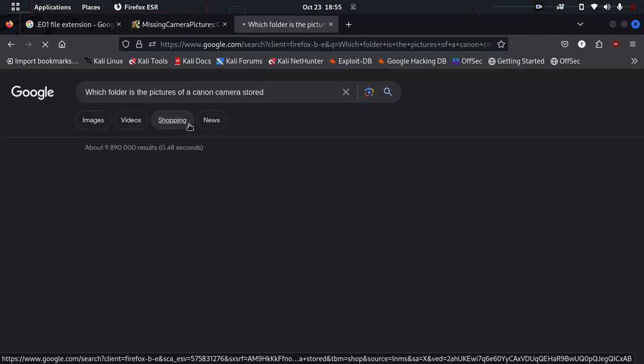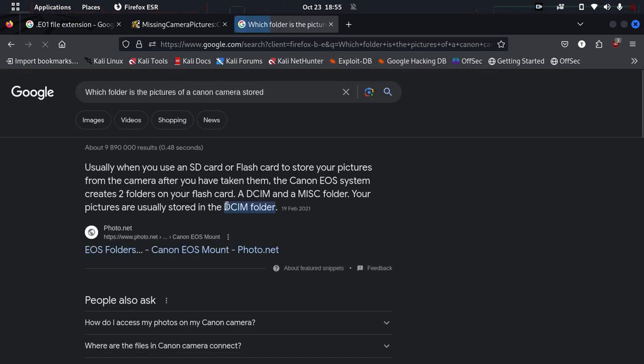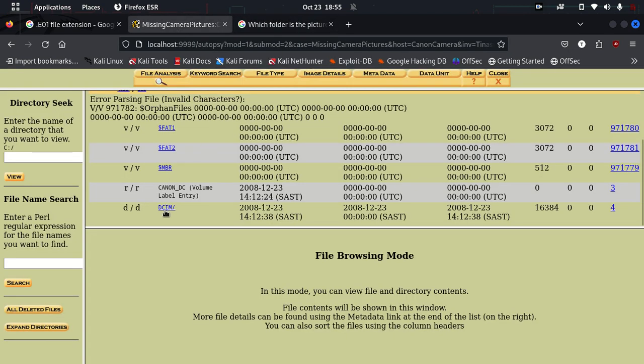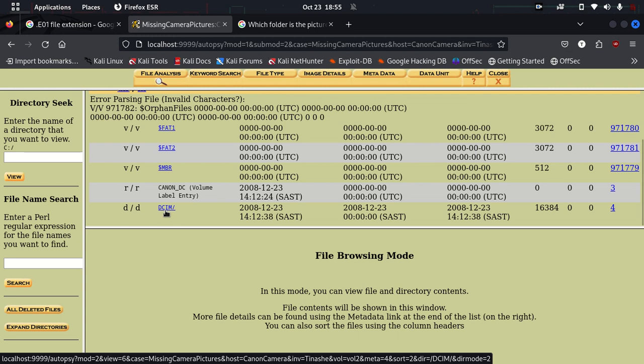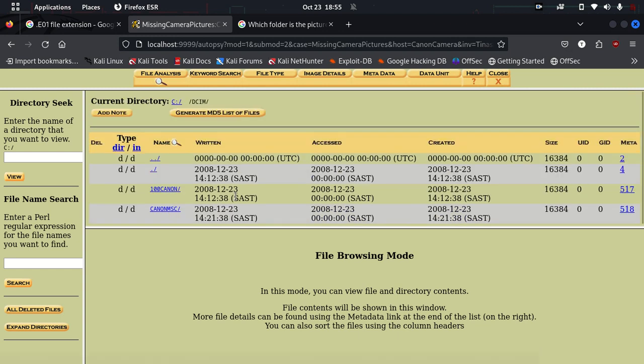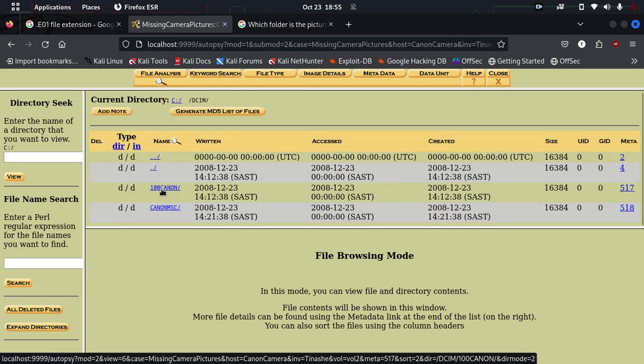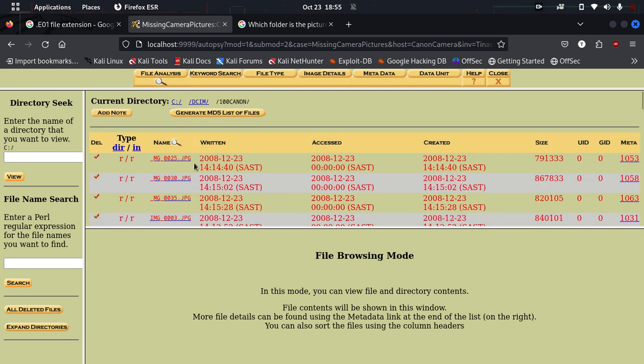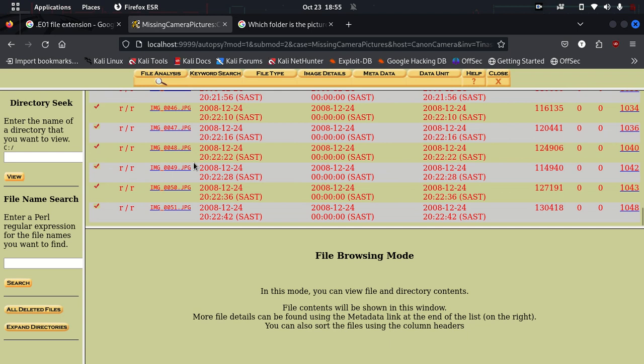Okay, once we have it like so, we'll search, and we're told that it's in the DCIM folder. So I'm going to keep this in mind. I notice there's a folder called DCIM there. I'm going to select that one, and then we actually have the 100 Canon and another folder there. So I'm going to go into the 100 Canon, and then I actually find some pictures in here, and these pictures